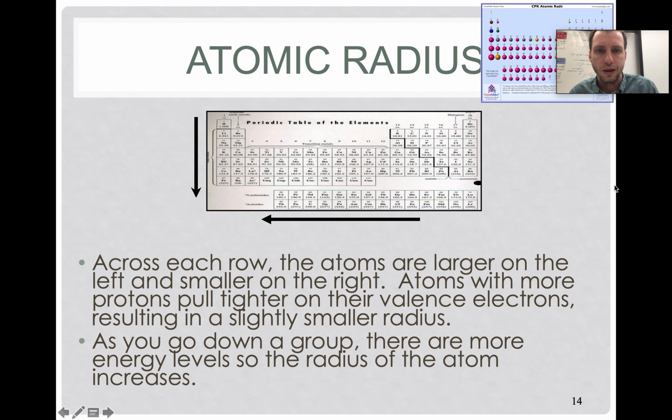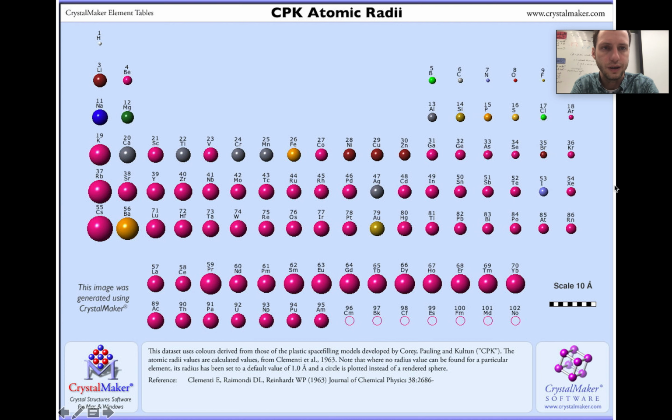A visual, I think, would be helpful here. And so here is our way to visualize the atomic radius. As we go from left to right on a row, you can see that the radius decreases. We're adding more protons, but we're not adding any more energy levels. Because we have more protons in the nucleus, that's a stronger magnetic attraction for those electrons, and so it causes them to pull closer and closer to the nucleus. When we jump to another energy level, well, now we've got a whole other energy level,